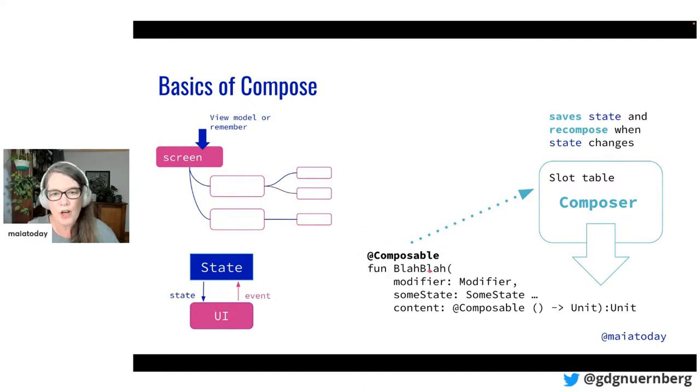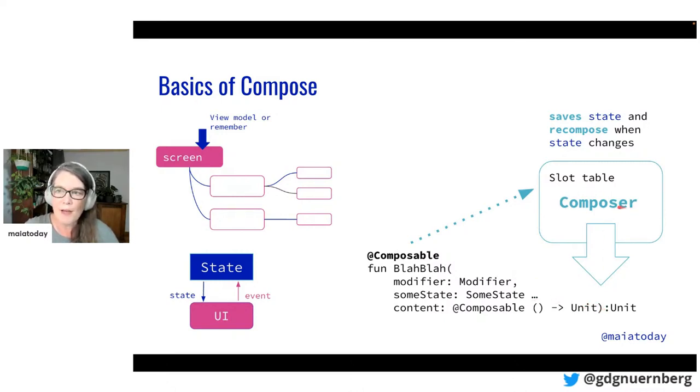When you're coding this up, there's a pure Kotlin function. The convention is to use a capital letter if it's a composable function. You annotate with @Composable, and then you pass some parameters. One of the things you pass in is the state, which can be any object or any value. The @Composable annotation doesn't actually go through the annotation processor. Instead, there's a compiler plugin, and the compiler plugin passes in a reference to the composer object as one of these parameters. You don't see it, but it happens at compile time.